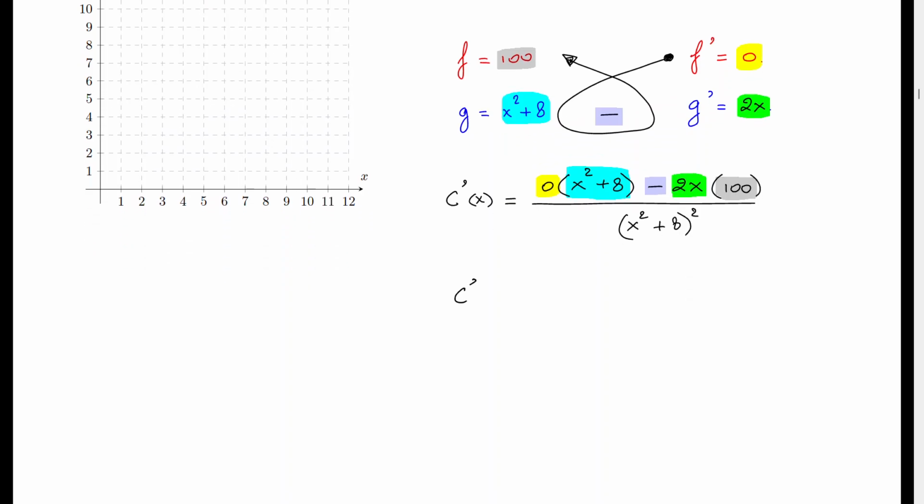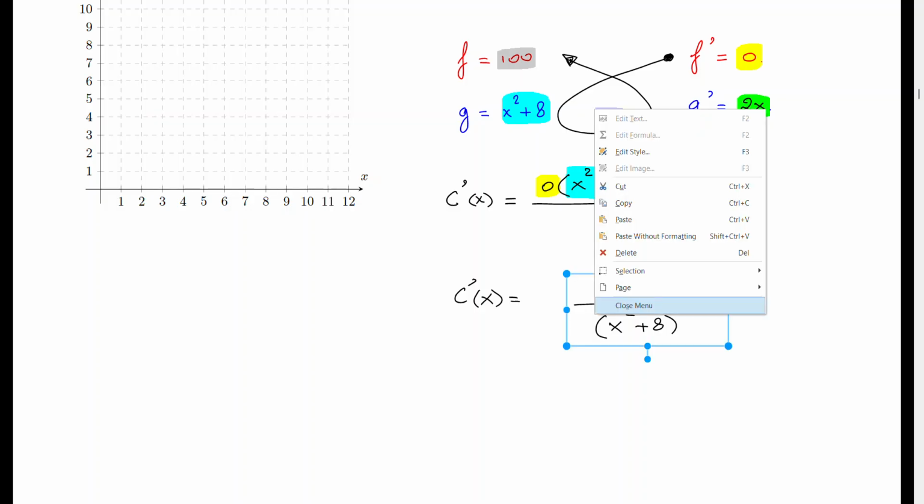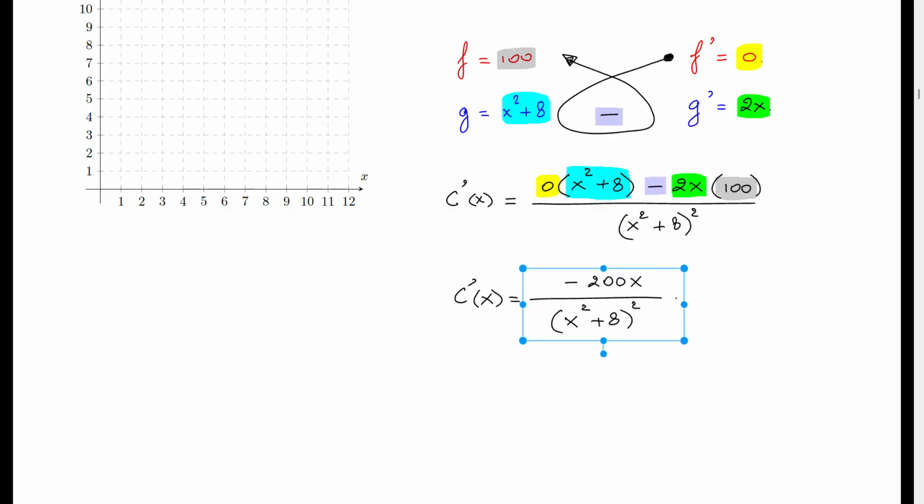So let's get rid of all these colors, and when we do that, 0 times x squared plus 8 is going to be 0, and negative 2x times 100 is going to be negative 200x. But you know what? Let's not bother with the 0. Let's just put negative 200x divided by x squared plus 8 with everything squared. So this is my derivative function,